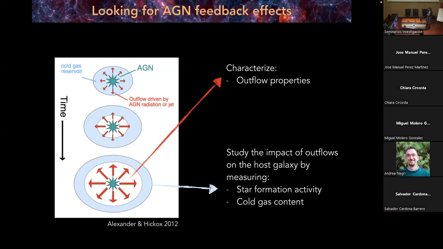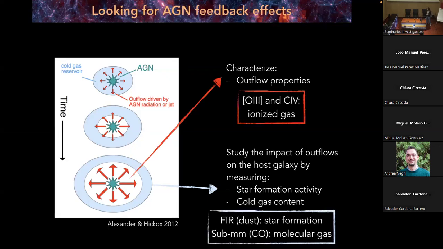And in terms of tracers, we can consider, for example, tracers of ionized gas, such as the oxygen 3 line and carbon 4. And for the star formation activity, we can, for example, look at the far-infrared emission of the galaxy, which is produced by dust heated by star formation. And as for the molecular gas, one of the most popular tracers is the carbon monoxide molecule, which emits in the submillimeter regime. So consider this as a sort of recipe with the ingredients that we'll see in the rest